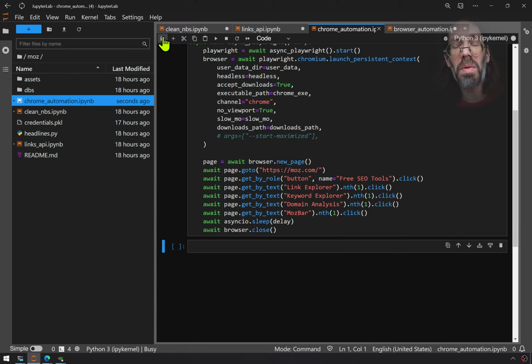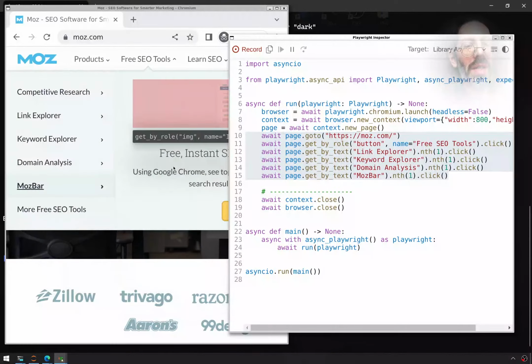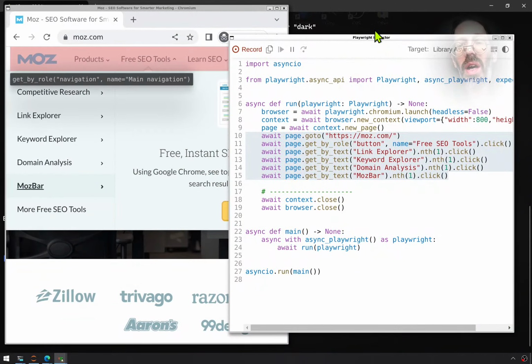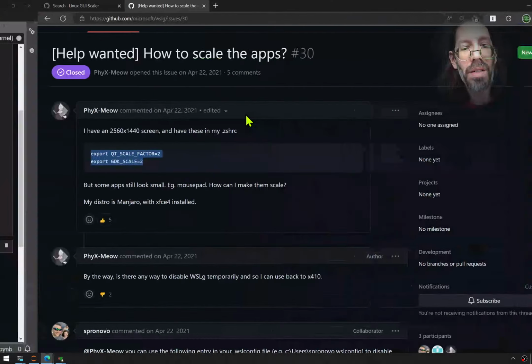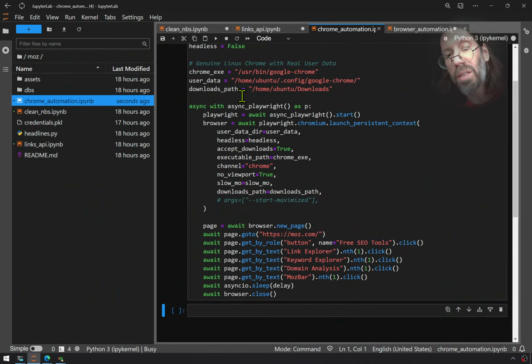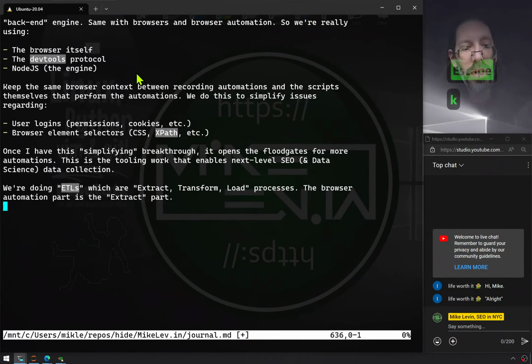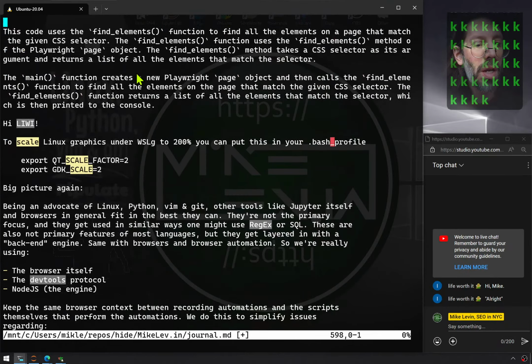I have some ability now to record and play back here. However, I want this to be my genuine logged in Chrome so that when I do stuff, it gets saved. I can log in once via Chrome, and the login stays as I switch between Chrome directly and Chrome from under Jupyter Notebook. All right. I asked an AI how to do this, and the AI told me